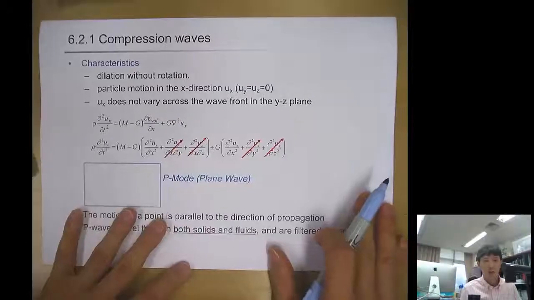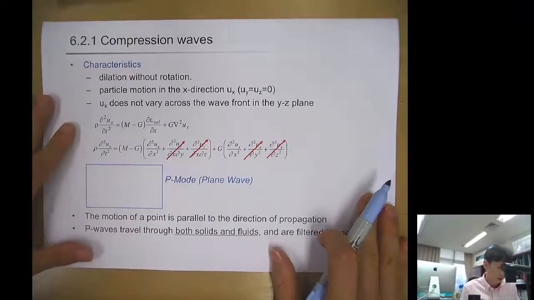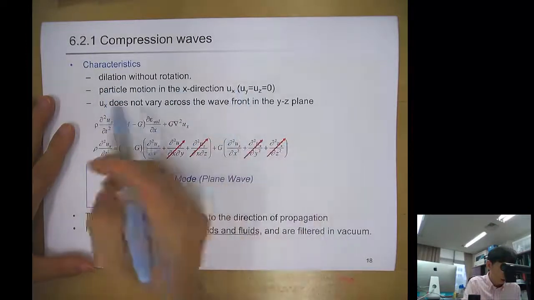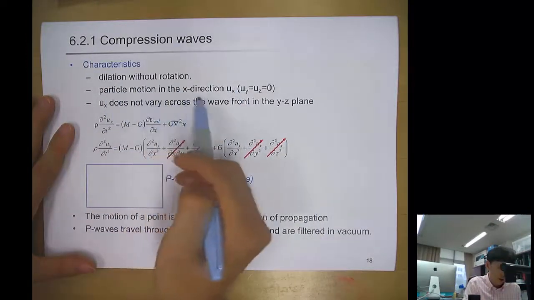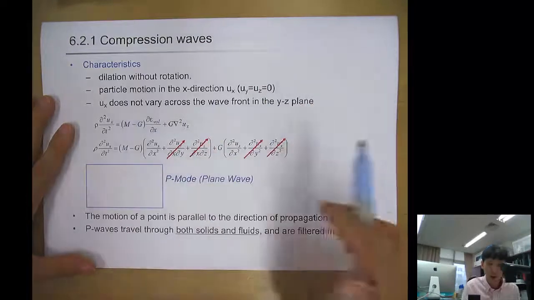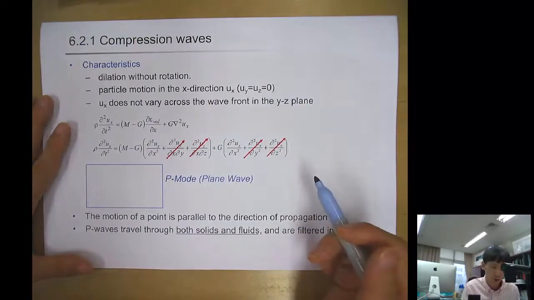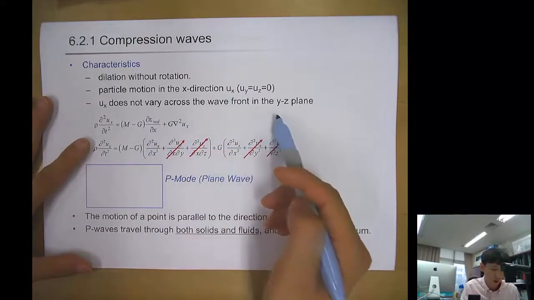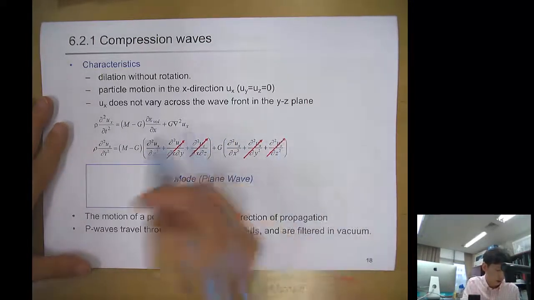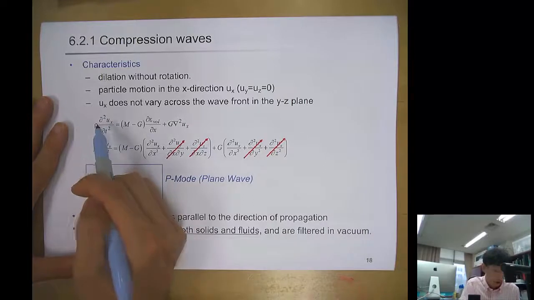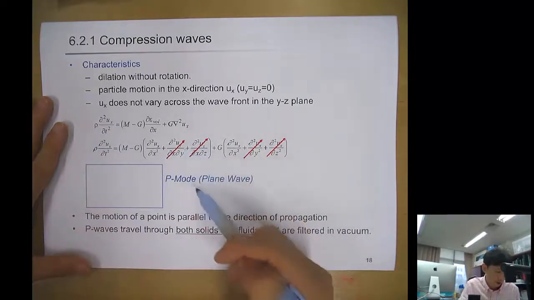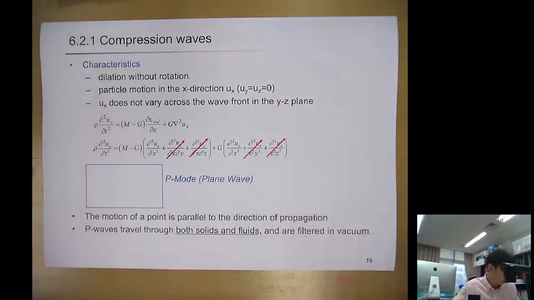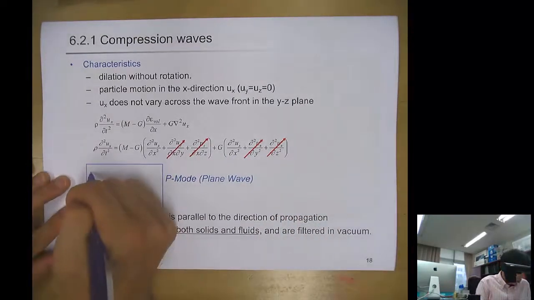Okay, the first mode is the compression waves. So characteristic dilation without rotation, particle motion is in the x direction, which is the same as the propagation direction, and ux does not vary across the wave front in the yz plane. So then from the wave equation, we can remove these terms, and the remaining equation can be simplified